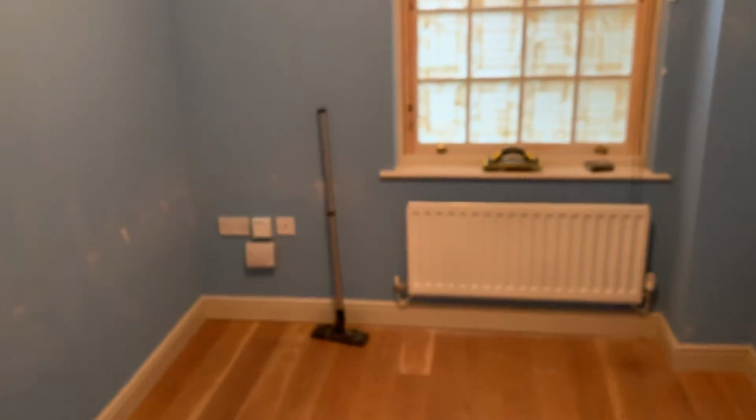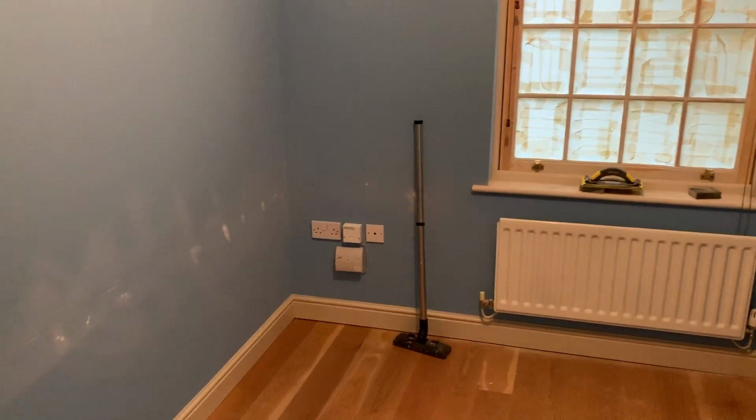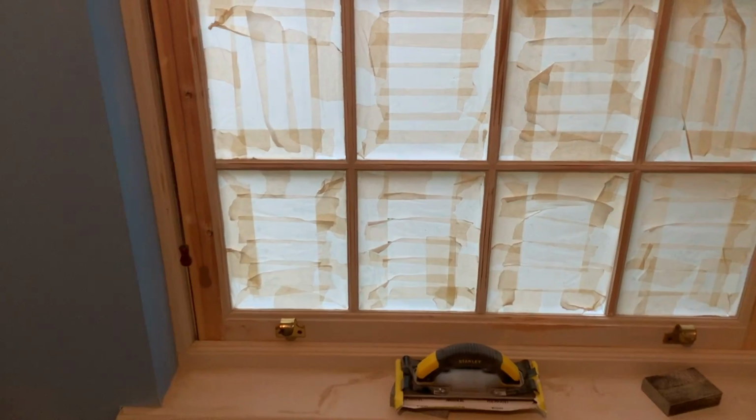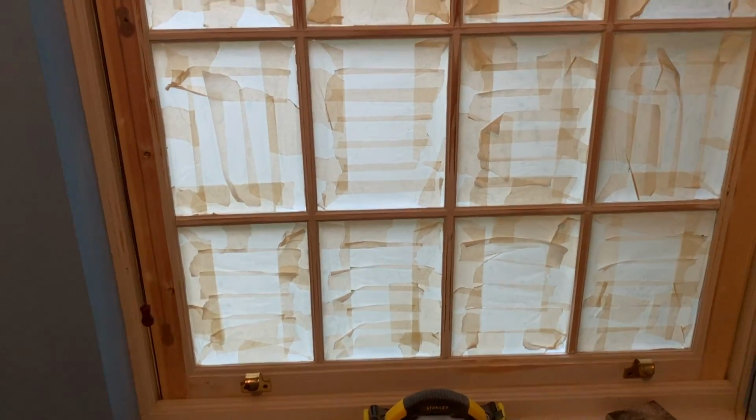This is where this room is kind of up to at the moment. Again, just been filling some of the holes in the walls from the last owner, and I've been gently sanding the rest of this window down, gently. Something I've learned is that you don't actually have to take all the paint off it, you just need to take the first layer off. Maybe if I'd known that, I wouldn't have damaged the window. Through to here, I mean,